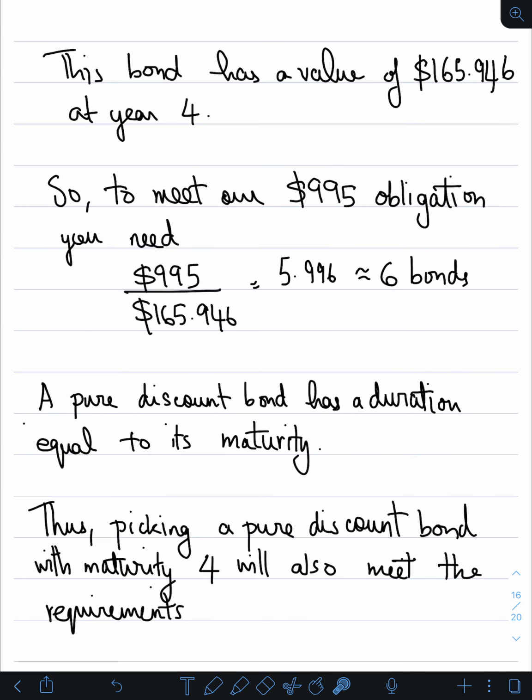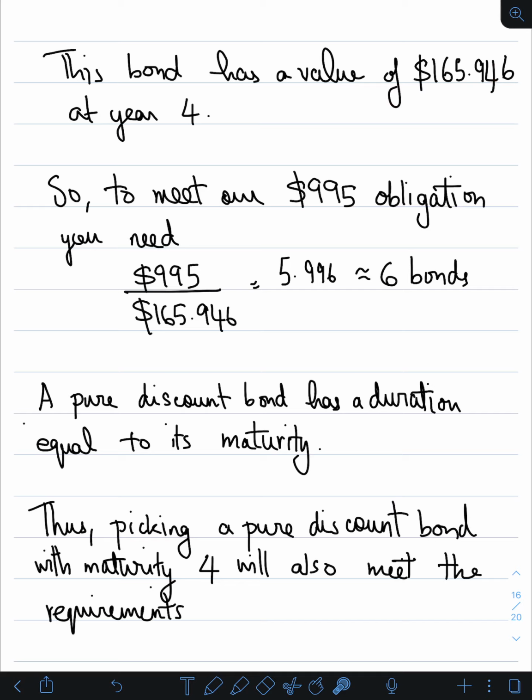So if we use the textbook example, there's a bond chosen with a value of 165.946 at year 4. So this bond has a duration of 4 and its value is 165.946. But we have a liability of $995. So one bond alone is not going to cut it. We need to have more than one bond. In order to meet our 995 obligation, we'll just divide the 995 by the value of each bond. So if 995 is the total value and 165.946 is the value of each bond, we divide that, we get 5.996. So we need 6 of those bonds that have a value of 165.946, but the duration is 4,